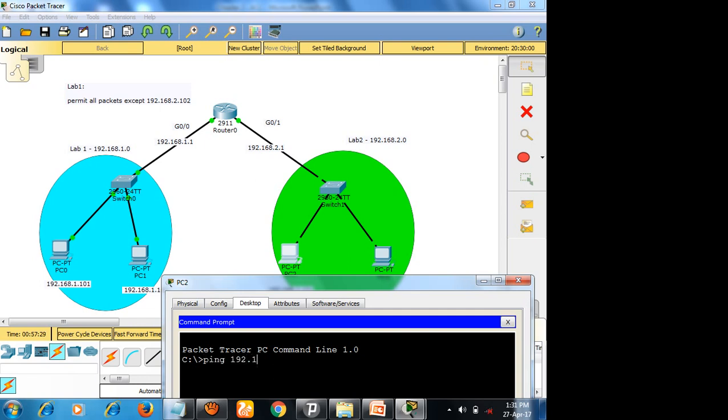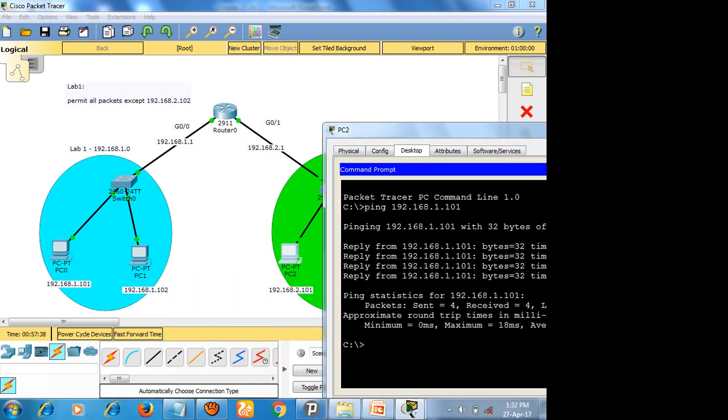Ping 192.168.1.101. It is pinging, right? That is 2.101, which is allowed to the 1.0 network, right?